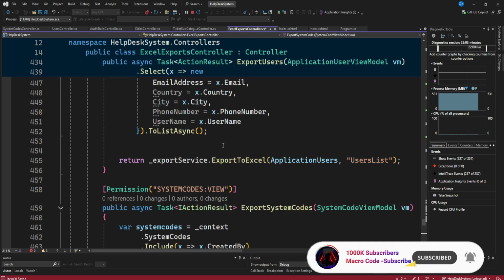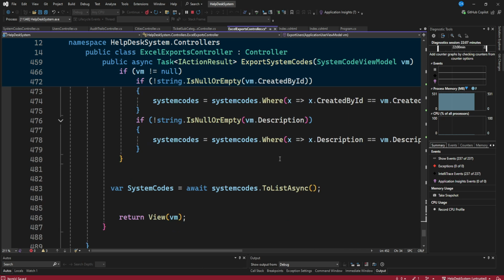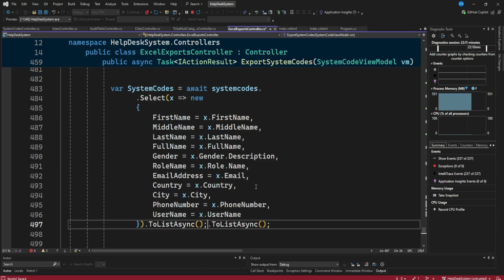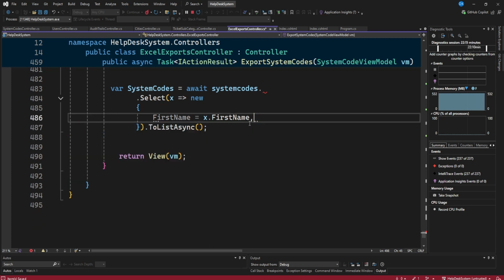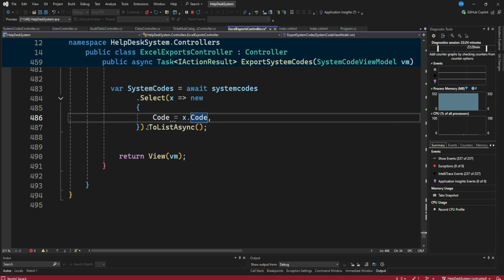But now we can select. So I'll just copy this. And if we go back here, we can do here dot, then we can select. So I want us to select. I'll just remove this here, and we say here code. Can say code. Then we can add other details. So I'll just add,